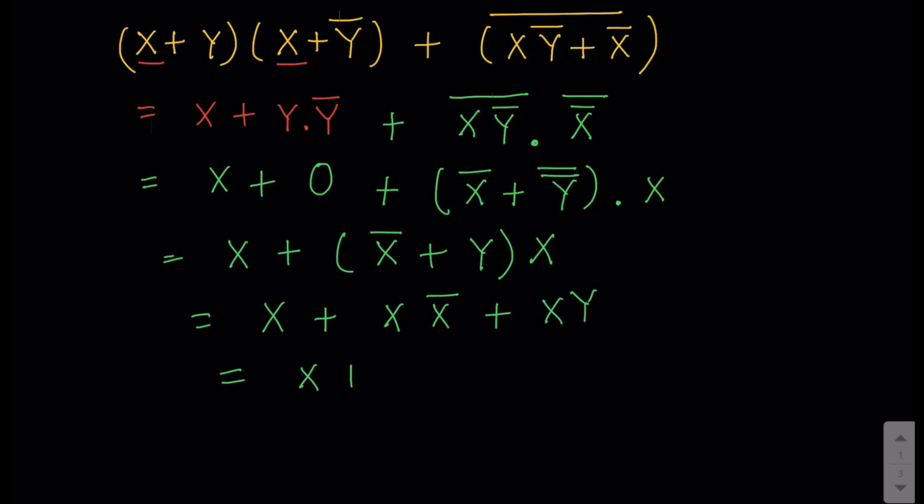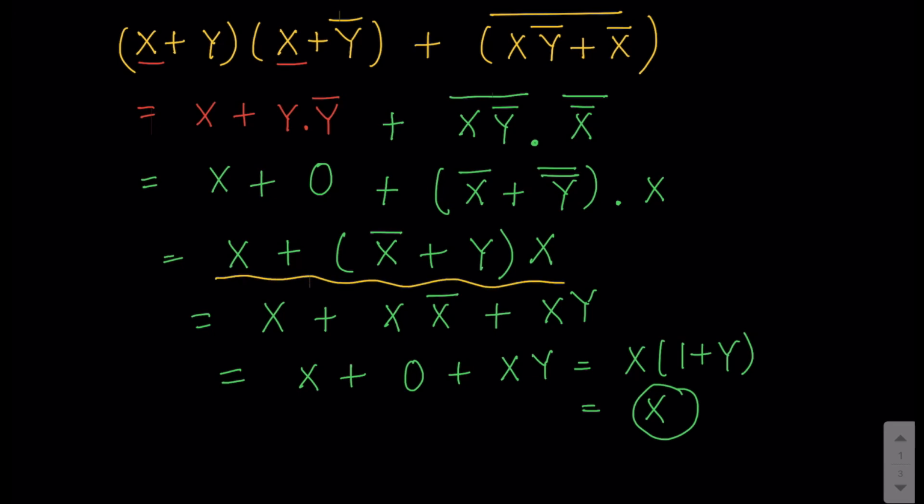Again we have the middle term reduces to 0, and now between this I can take x common, so I have 1 plus y, and now this reduces to x. So the answer to this question is x. Even at this stage you could have taken the variable x common, and we could have come up to the answer, that is x itself, and from here also we could have directly come over here.